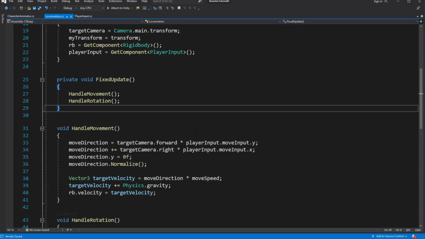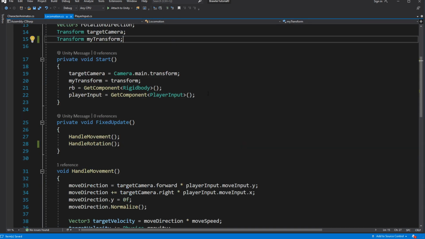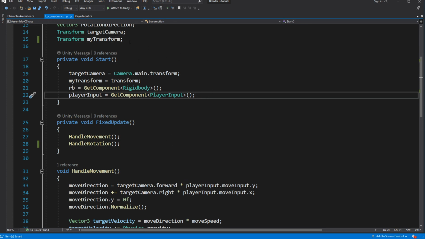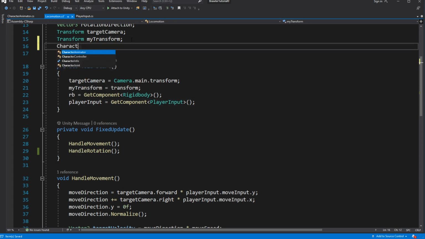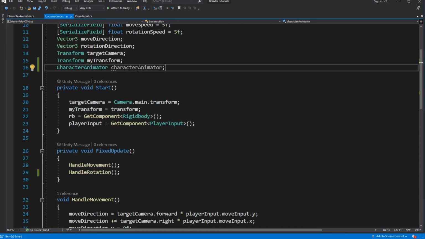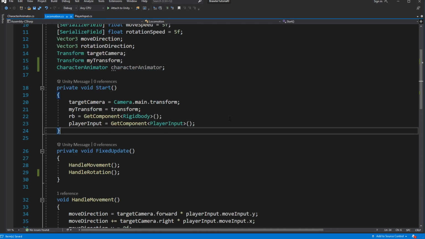Come back to the locomotion script and create a new variable for character animator. And immediately cache the reference to the character animator.